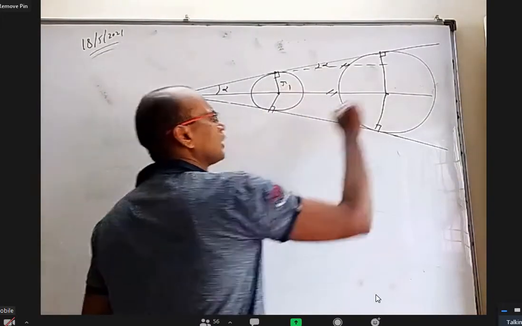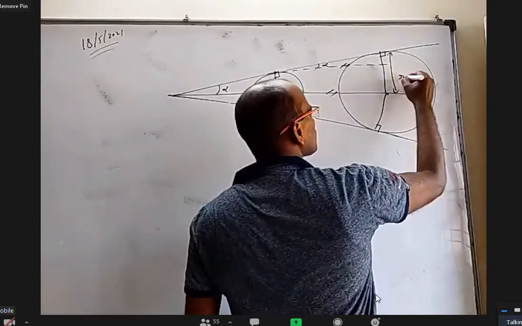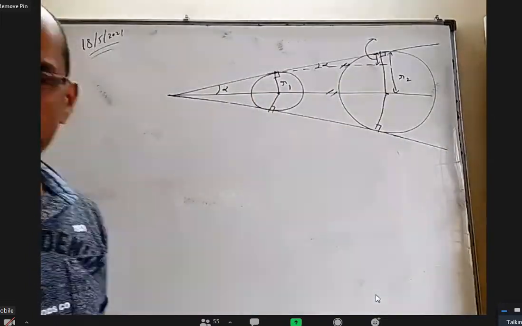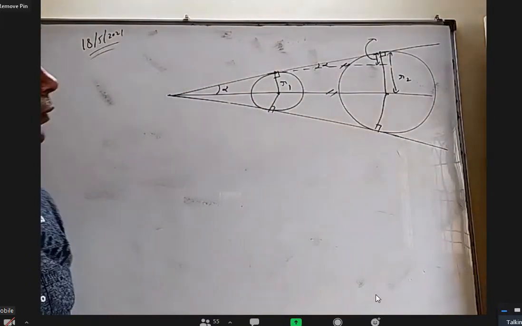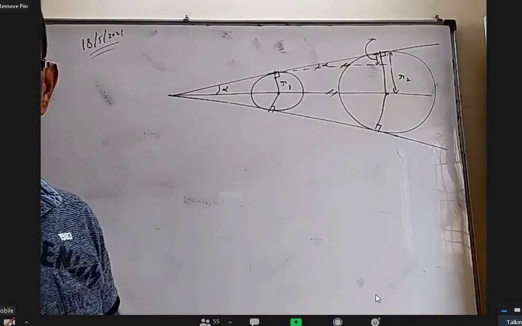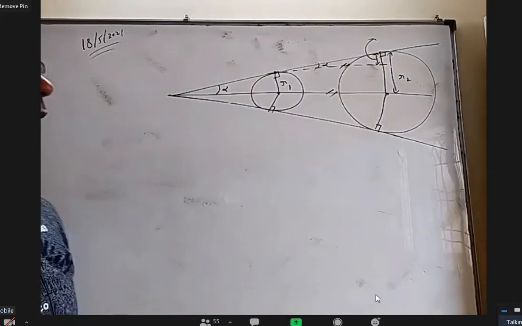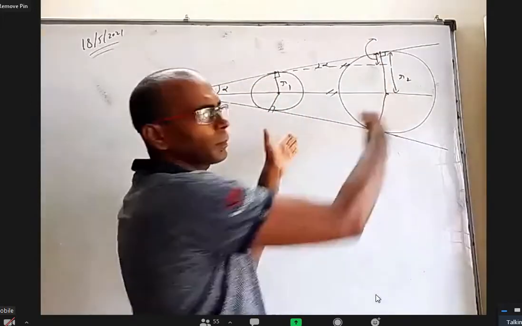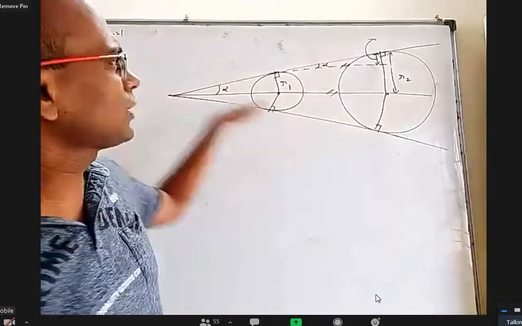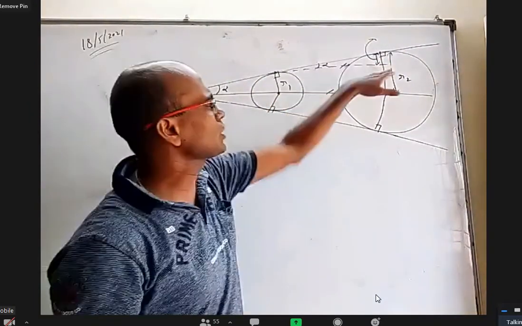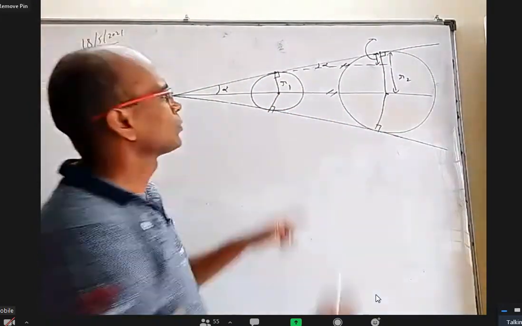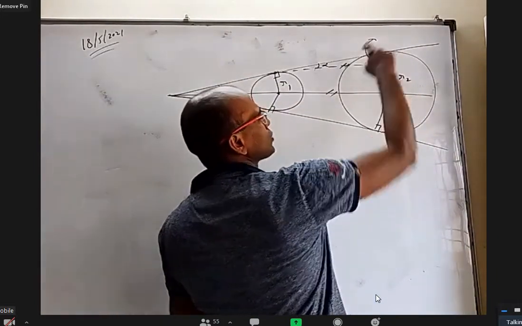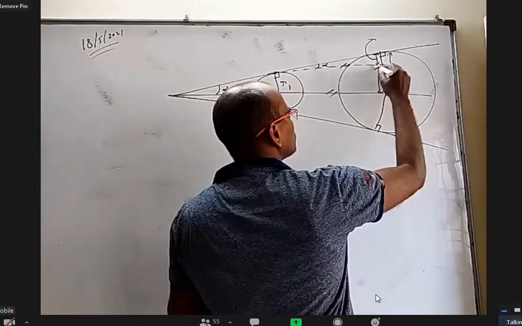If this is R1 and this total is R2, this small thing, what is that? R2 minus R1. Because this is R1, this is also R1 because this is a parallelogram. Why is it a parallelogram? These two are parallel because they are perpendicular to the same line. Why are these two parallel? By construction. So because this is a parallelogram, if this is R1, this is also R1, this total is R2. So this will be R2 minus R1.